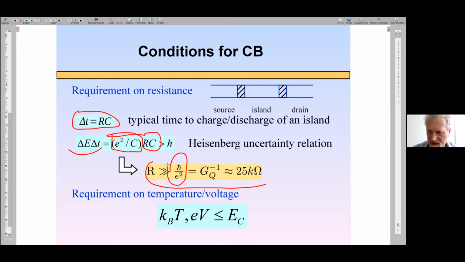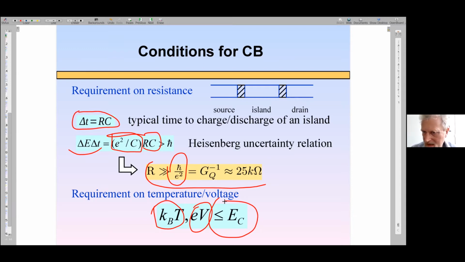Also, in order to see Coulomb blockade, you have to make sure that your temperature and voltage are small on a Coulomb blockade scale. All right, I've done Coulomb blockade. Now I am going